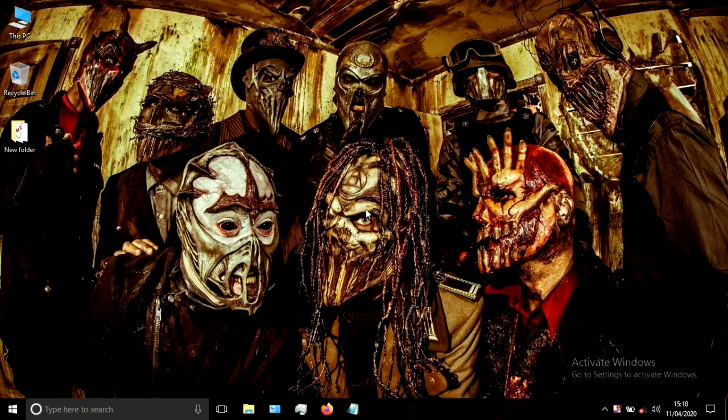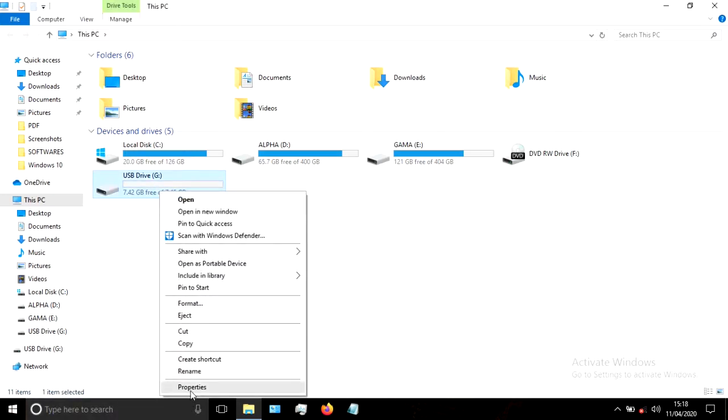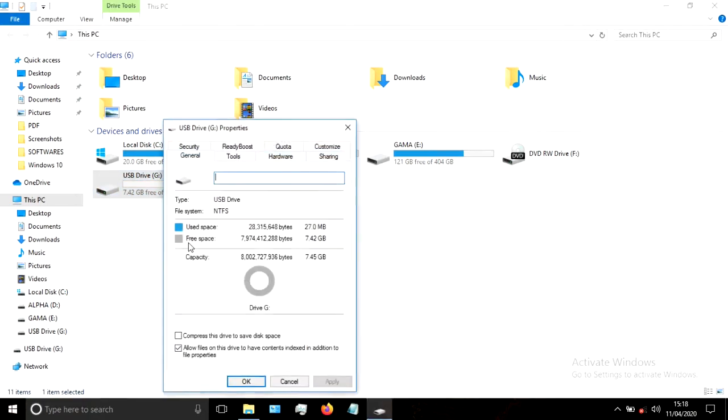In this tutorial I will be showing you how you can get back your default FAT32 format in your flash drive, in case you have converted it previously to a bootable flash drive. So here, if we select our flash drive and go to properties, we have the file system in NTFS. Now it's very simple to bring it back to its default